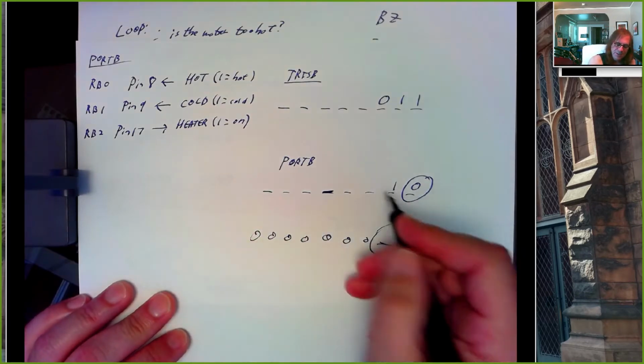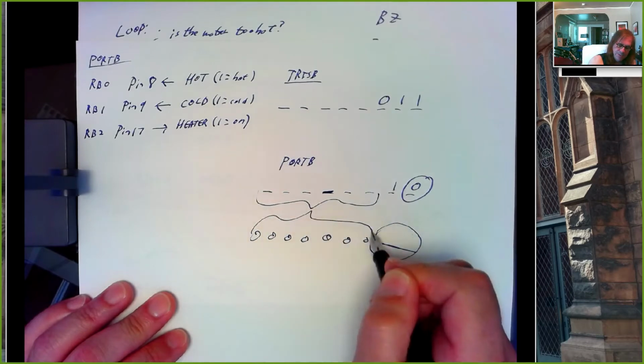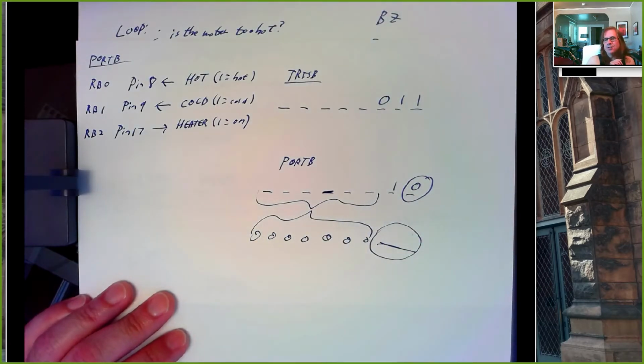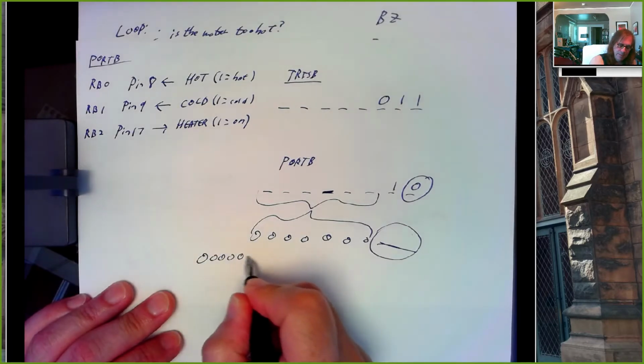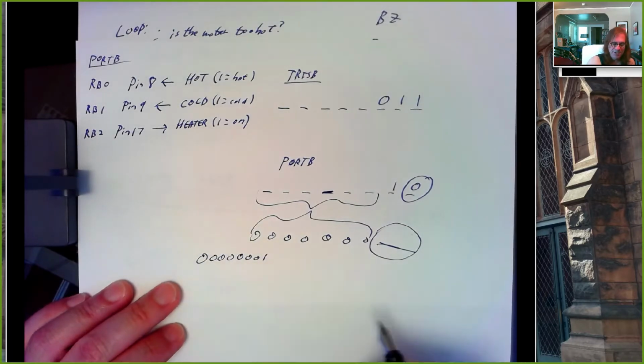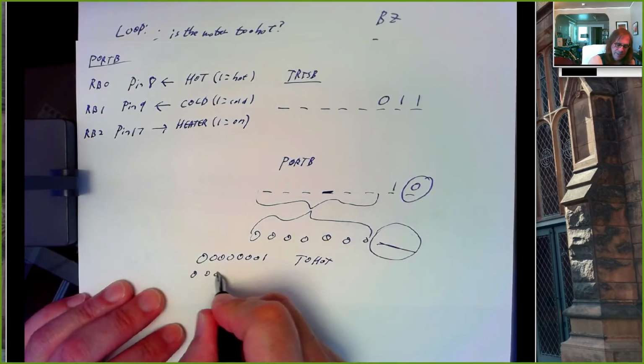If we can change all of these bits to become zeros, now we can interpret port B in one of two ways. If port B looks like this, it's too hot. If it looks like this,